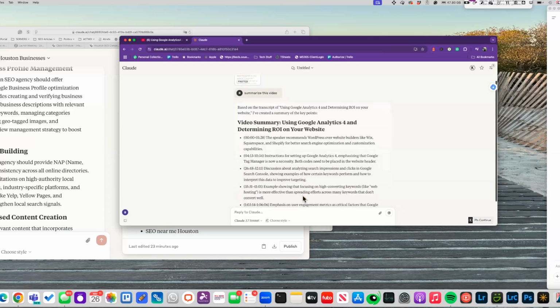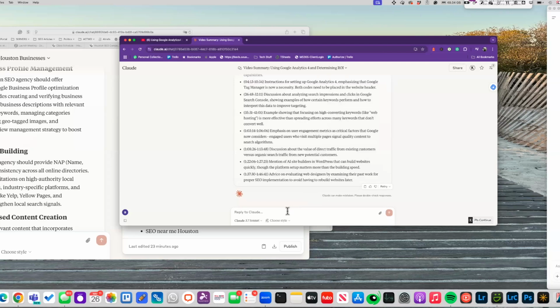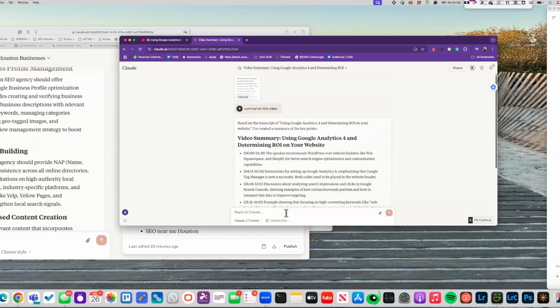So see what it's doing is it's giving me a line by line summary. I want that because I end up putting that into the YouTube video because it gives me the mile markers of where I am and what I'm talking about. Okay. Then